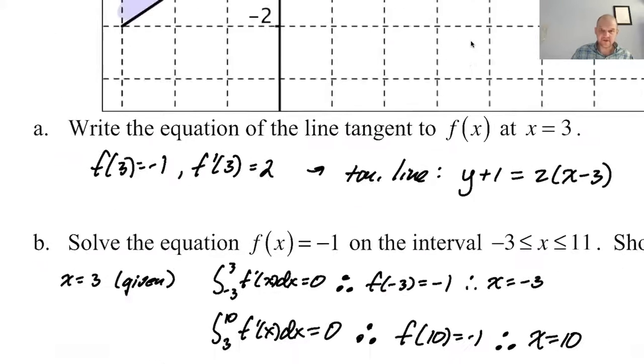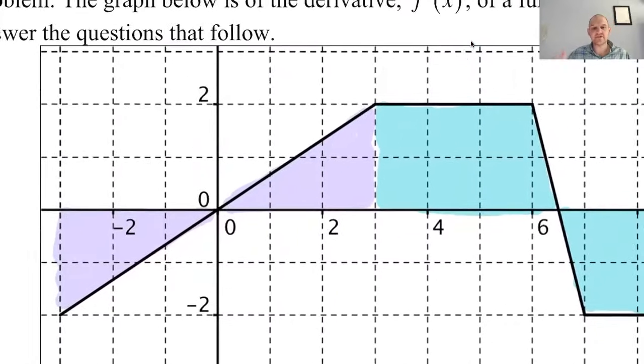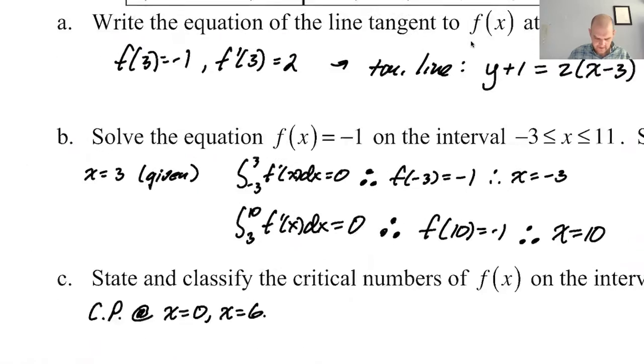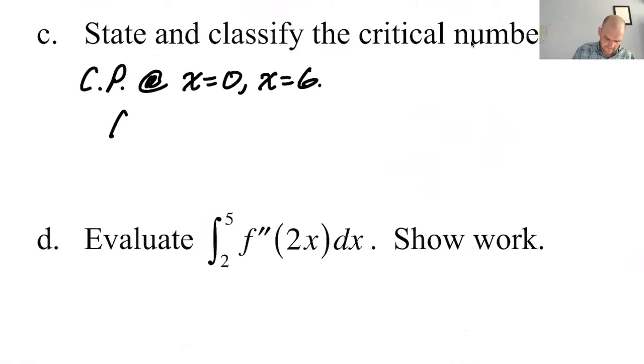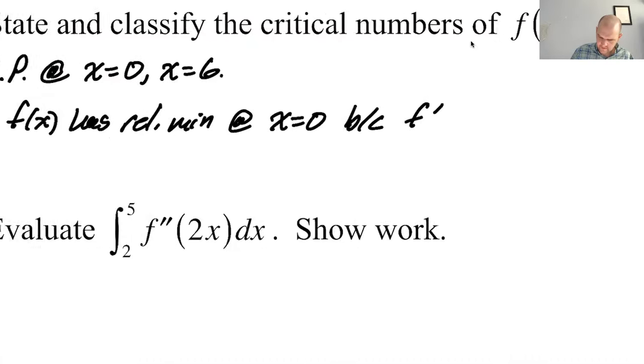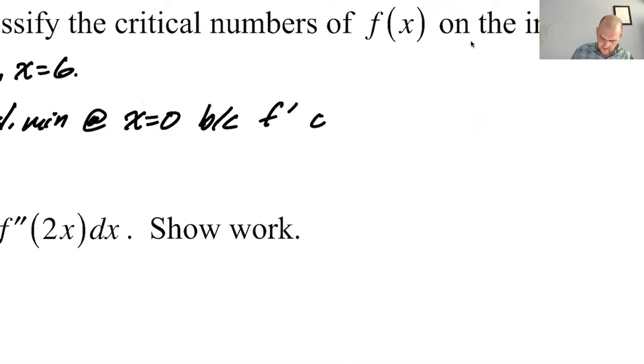Now, what is the function doing? At 0, the derivative is going from negative to positive, which means that the function has a minimum. So f of x has a relative minimum at x equals 0, because f prime changes